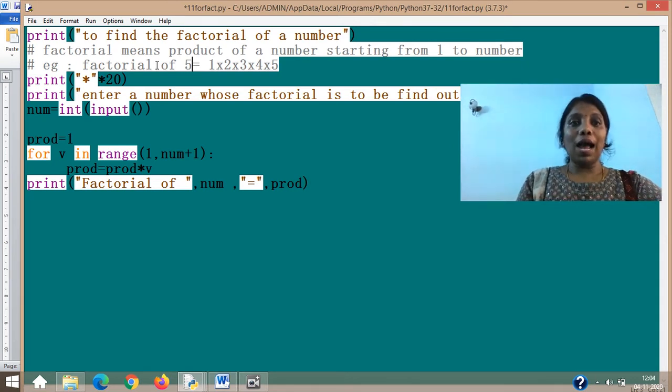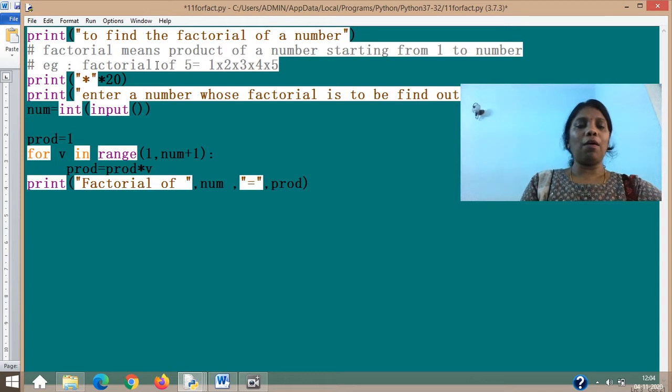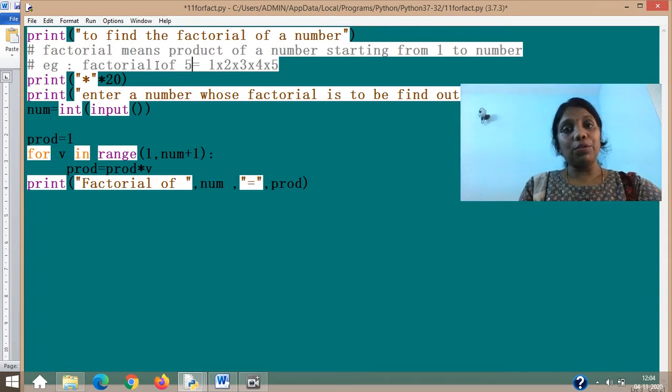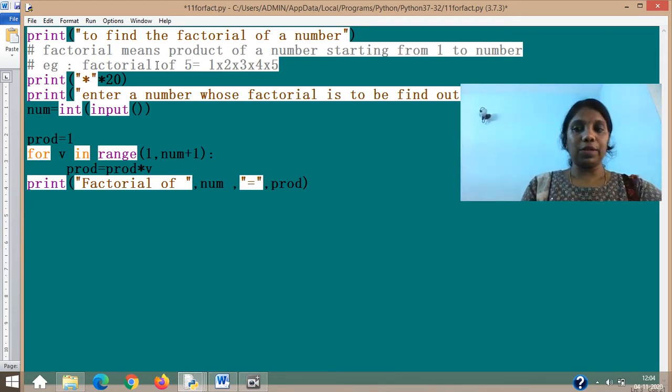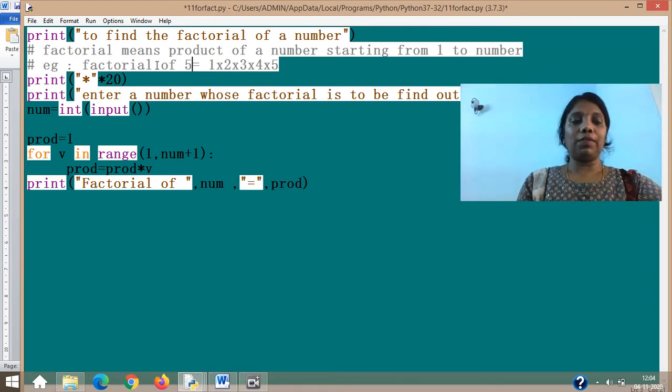That means in order to accumulate and store the sum in any such questions, we need to initialize or assign that variable sum equal to 0. In order to find the product in any such case, we need to make sure that variable is initialized or assigned to 1. Alright, let's proceed. Now we have this first question, that is enter a number whose factorial is to be found out. And I have inputted that.